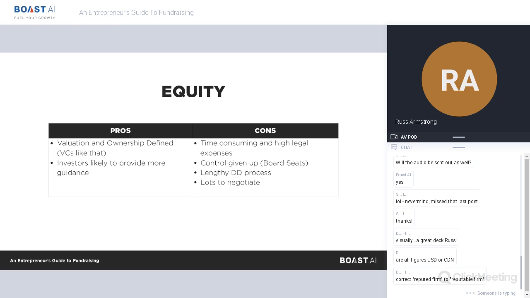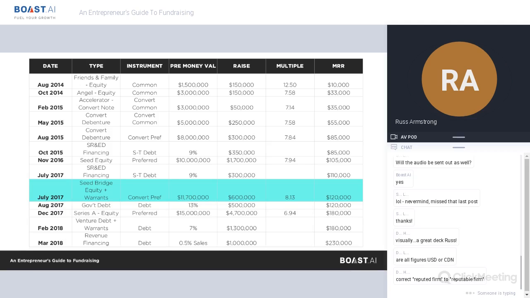One of the things I didn't highlight before about the convertible debentures, which I think is quite interesting and unique, is that the money is received as you close investors. You don't need to close an entire round to get access to the capital. With a convertible debenture, as you close an investor, they will send you the money and close on that convertible debenture. Versus an equity round, where the money will be held in trust until the round closes, at which time it will be released to you. So it's just a different timing on when that money is coming.